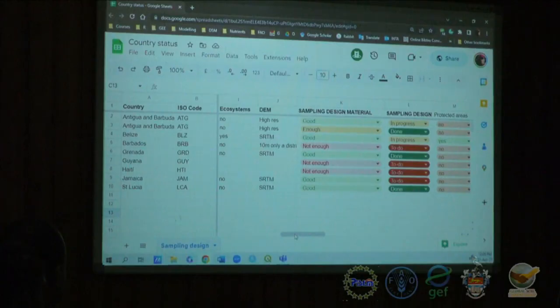It doesn't mean that it's completely homogeneous, but it has less variation inside this unit than you might find in other parts of the land. So basically, we